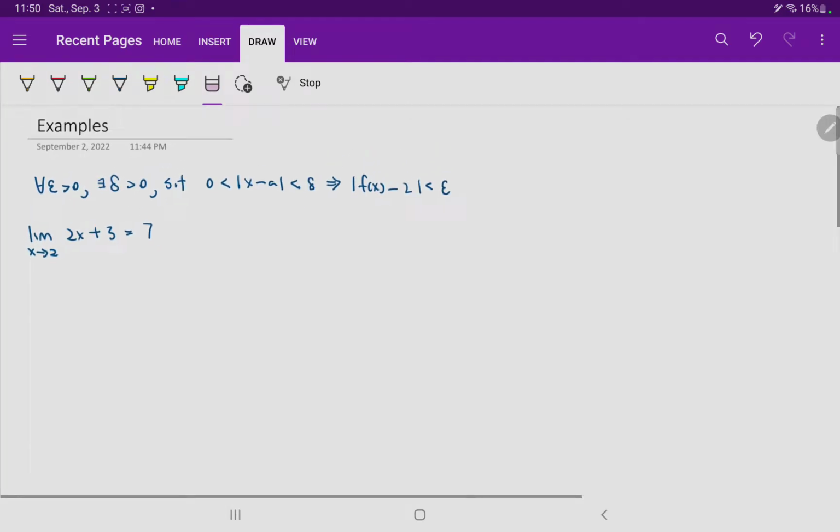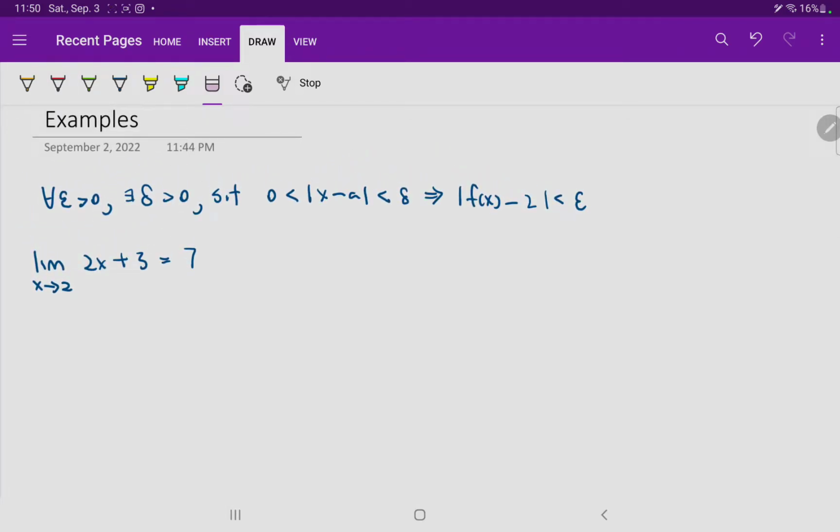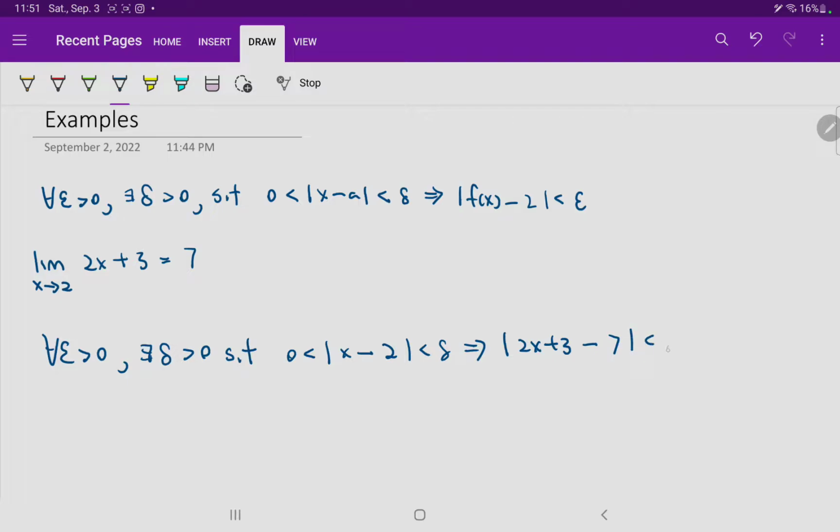Well, first let's rewrite the definition, but in this case we want to replace the variables in our definition with what we have here. For every epsilon bigger than 0, there exists a delta bigger than 0 such that 0 is smaller than the absolute value of x minus, well, in this case our a is 2, so the absolute value of x minus 2 is smaller than some arbitrary small value delta, which implies that our f of x, in this case 2x plus 3, minus our L, which is 7, is smaller than some arbitrary value epsilon,